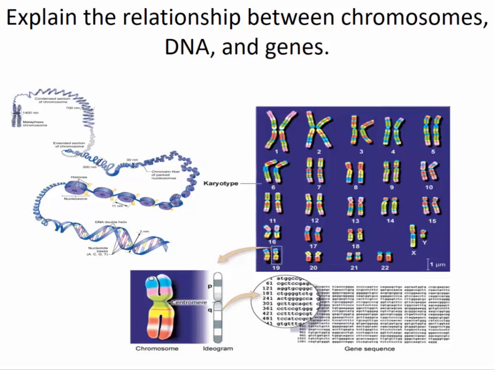Genes are portions of this DNA then that contain the information to make one single protein. The analogy I usually use is to imagine the chromosome as a recipe book. The recipe book is made up of many pages and many words, but within those pages, each page has a specific recipe that you can ultimately make from the words that are in that recipe. In that case, the recipe is the gene, and then the words are these bases that indicate what to put into the recipe you're making. These genes are inherited traits that are passed on from parents.